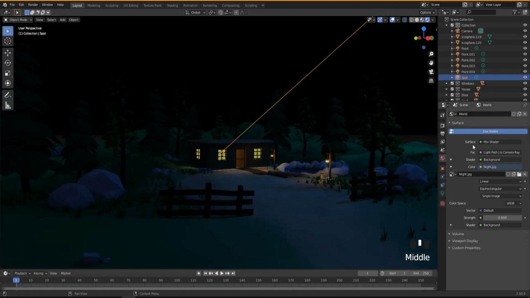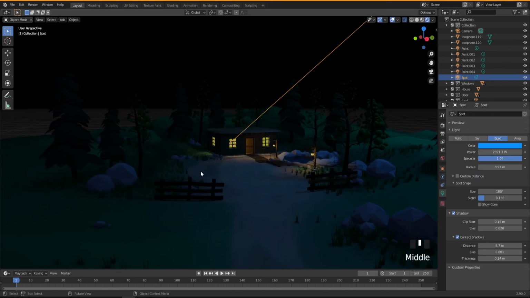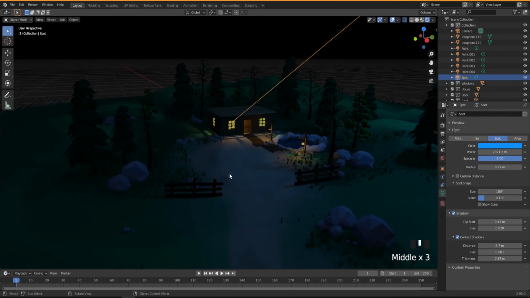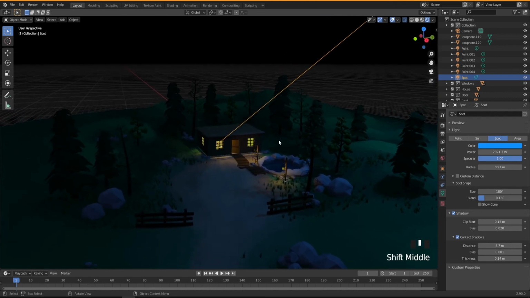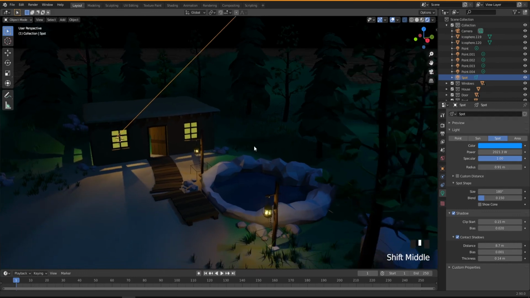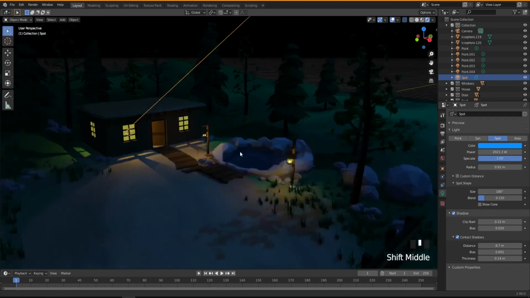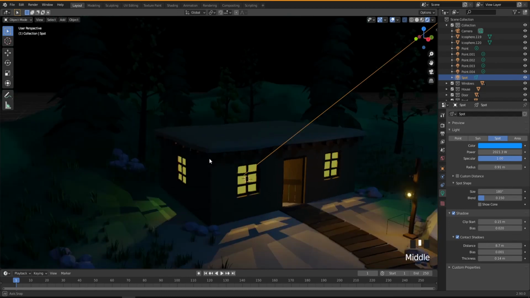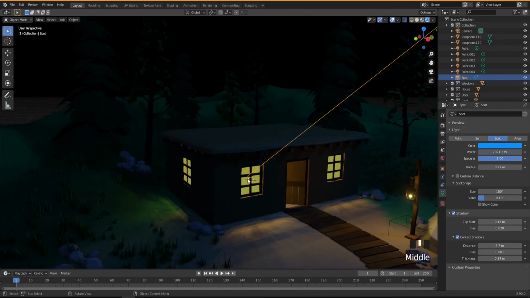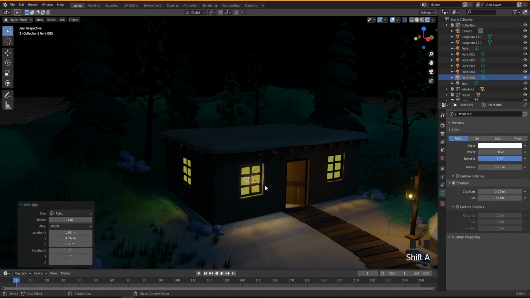And the other thing, which is the light strength, for example, you change this one to a little bit higher, and if you still, as I said, can't get some area to light up the way you want, you just add another point light and make it really low, or area light. That's really helpful. So for example, if I want the roof to have a little bit more light, I'm just gonna add another light, which is Shift A and point light, and then G,